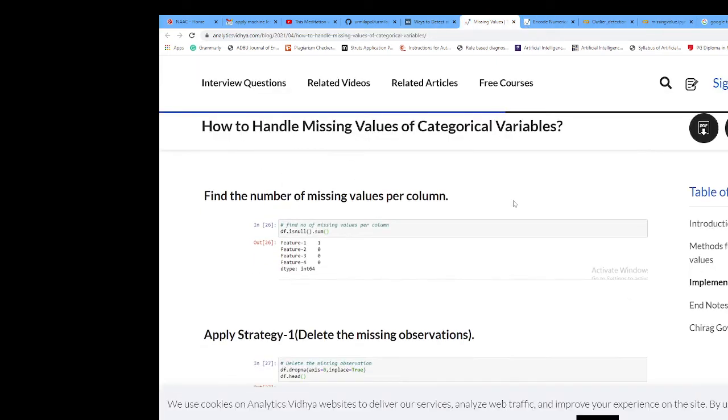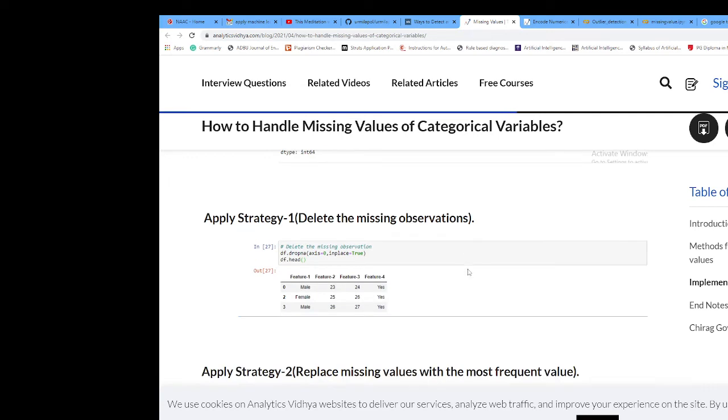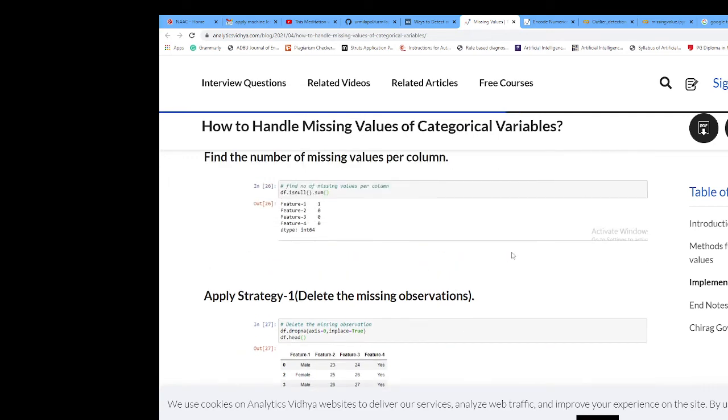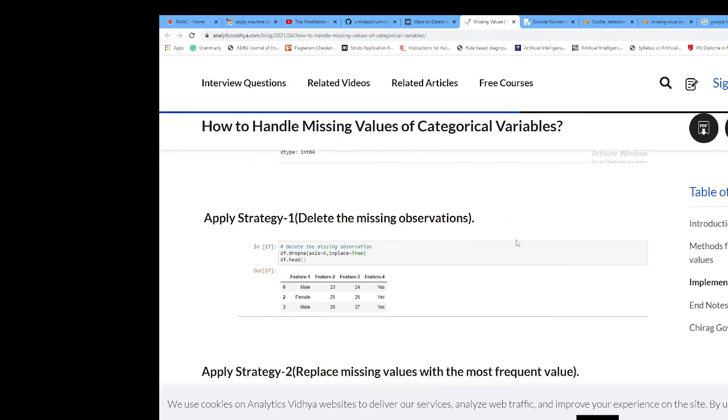Then apply strategy 1. What is the strategy? Delete the missing observations.